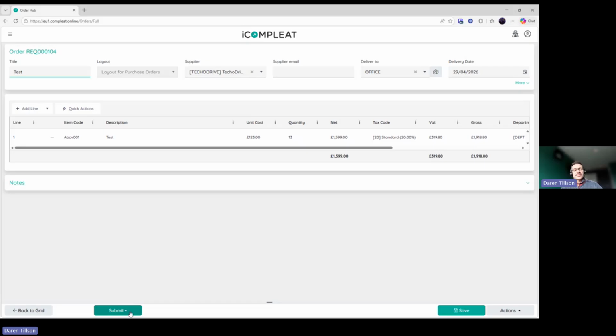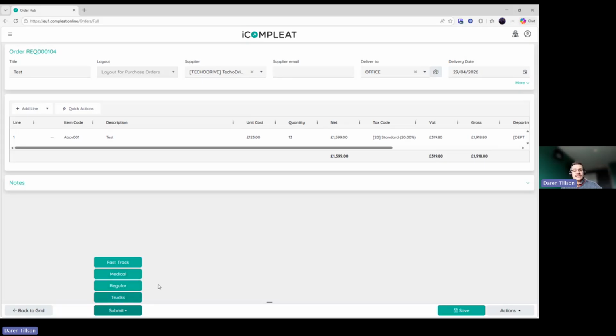And you may have the situation whereby the user has to choose a particular workflow for the transaction to go to. What we can do is either review all the workflows as a whole and try and combine them all into one super workflow, or alternatively we've got a new piece of